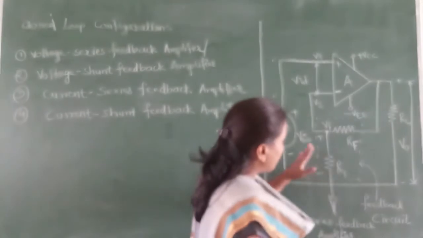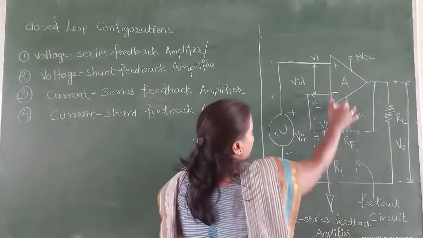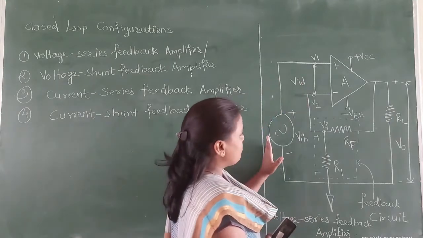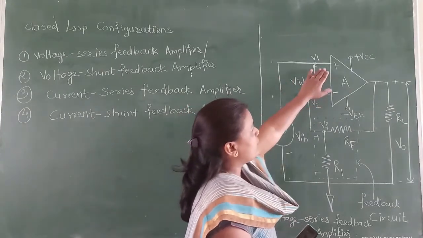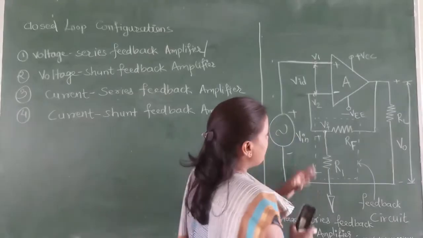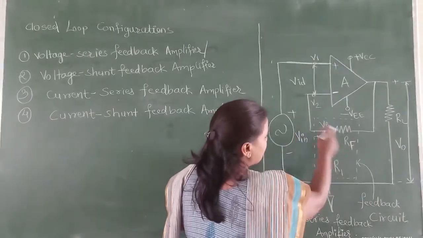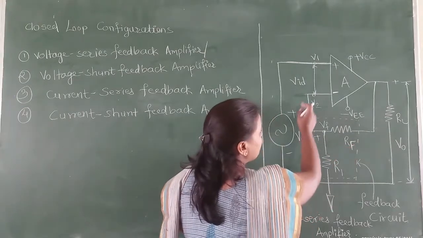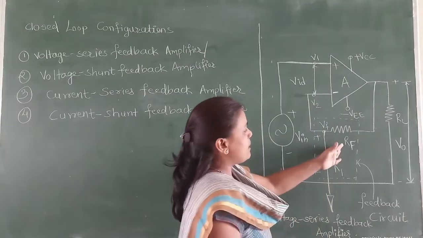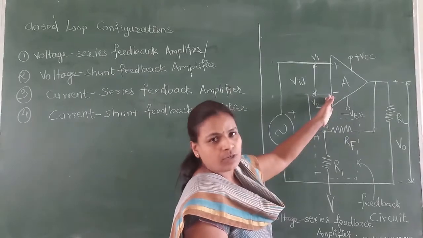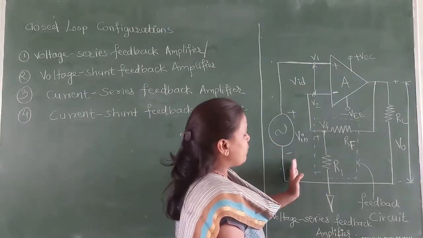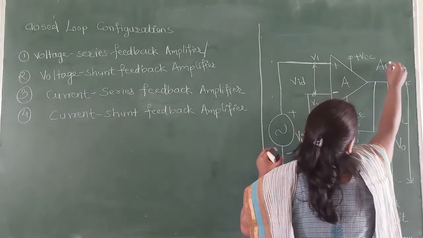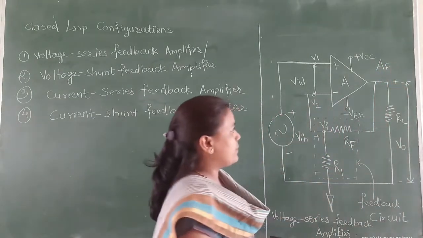From this circuit diagram we can see a non-inverting amplifier. The op-amp is in non-inverting configuration. Input voltage Vin is given to the non-inverting input terminal, and a feedback network with feedback resistor RF is connected. Some of the output voltage is given as input through the feedback resistor to the inverting input terminal of the op-amp, and for this we are going to derive the feedback voltage gain for an operational amplifier.